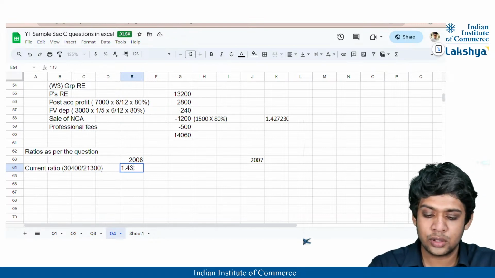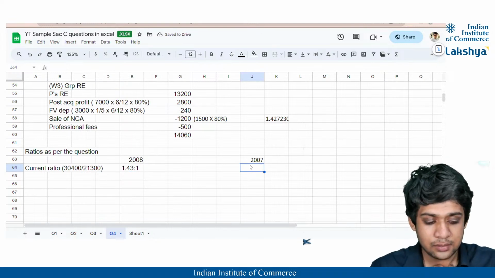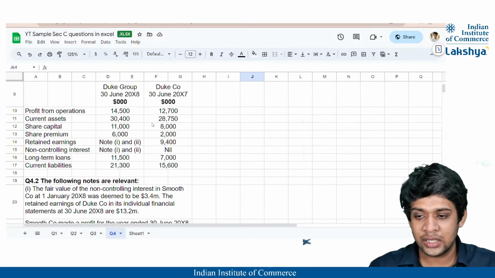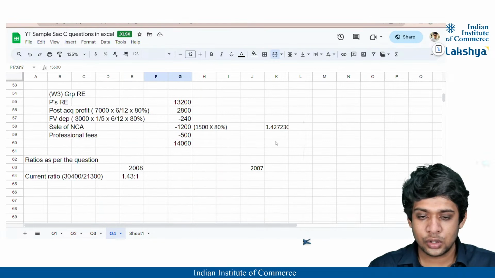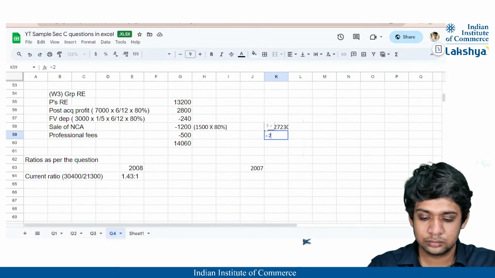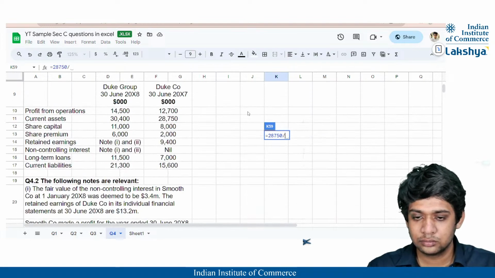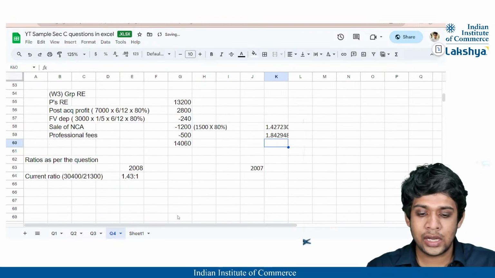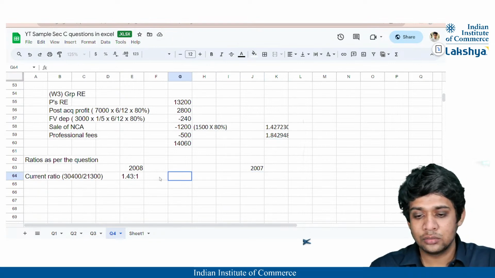I'll write it as 1.43:1। अब 2007 का कैलकुलेट करें गाइस। 2007 का कितना है? करंट असेट्स 28,750, करंट लायबिलिटीज 15,600। So 28,750 डिवाइड बाय 15,600, करेक्ट? सो ये आ गया हमारा 1.84।